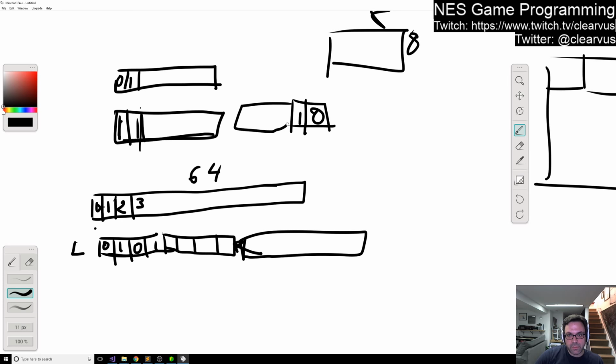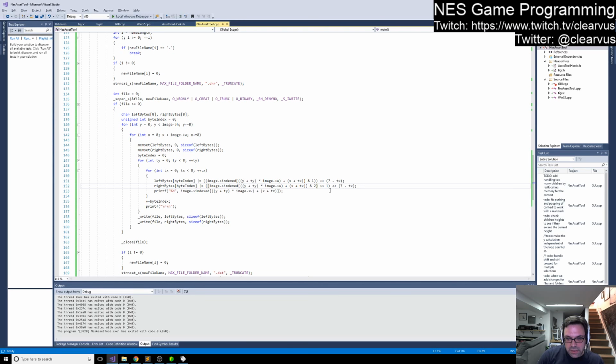Like, let's say there were other bits that were set to something else. I only care about those first 2 bits. It's not enough to get this. We also need to shift it over now to the appropriate position in the left byte, because we're iterating across the byte to set the individual pixel values from most significant bit to least significant bit. I just realized I probably don't need to do a shift 1 and then a shift here. So what it's doing, like I said, it's preparing that bit to be shifted now into the byte,